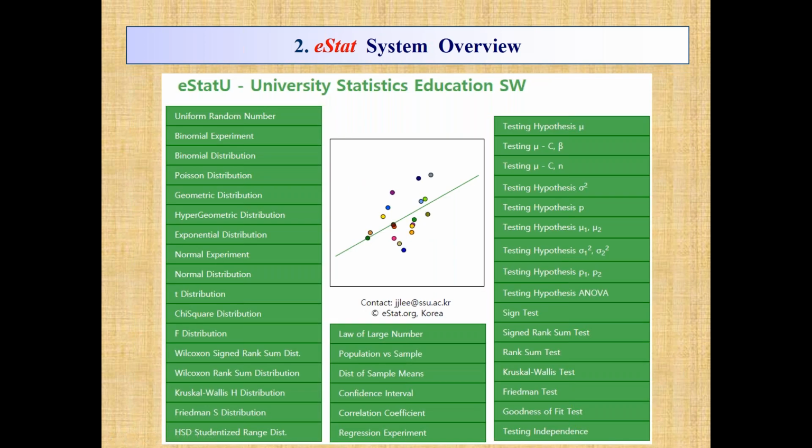In the case of university, I specially designed some educational modules this way. At the left-hand side, there is a bunch of distributions. I think I covered all of the elementary statistics course. My target is that you don't need any statistical table in your textbook.